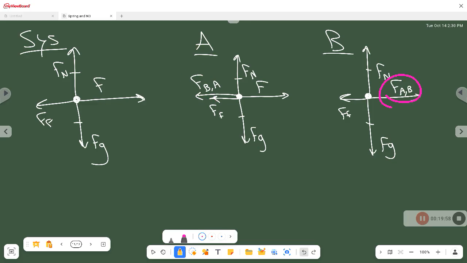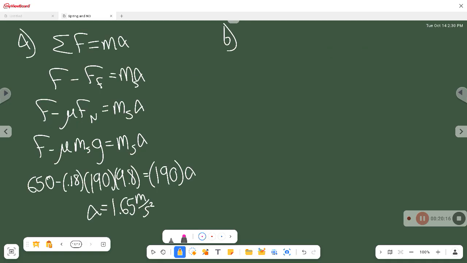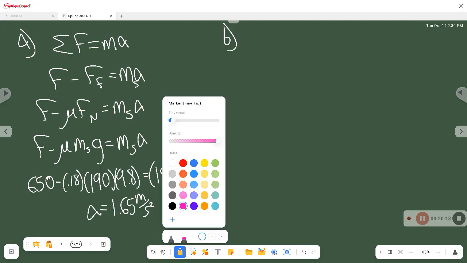Now I can solve for either one because I'm just looking for the magnitude of those forces. I know they're going to be equal to each other, equal and opposite forces. So I think it's going to be easier for us to solve for the force of A on B because there's just less forces acting on object B. So let's do that. We are going to use Newton's second law, net force equals ma,